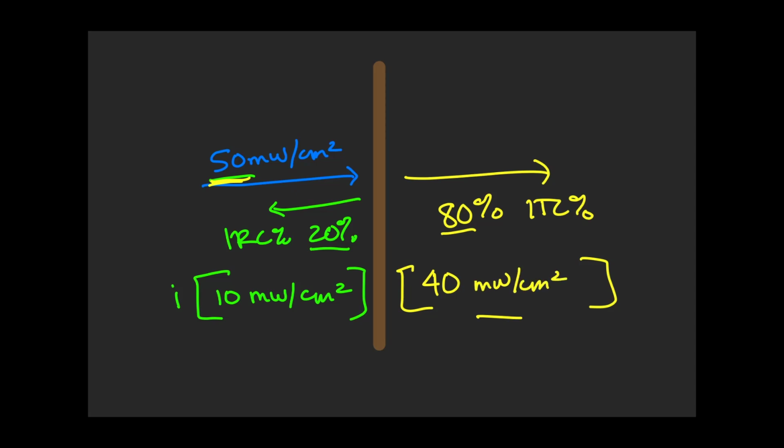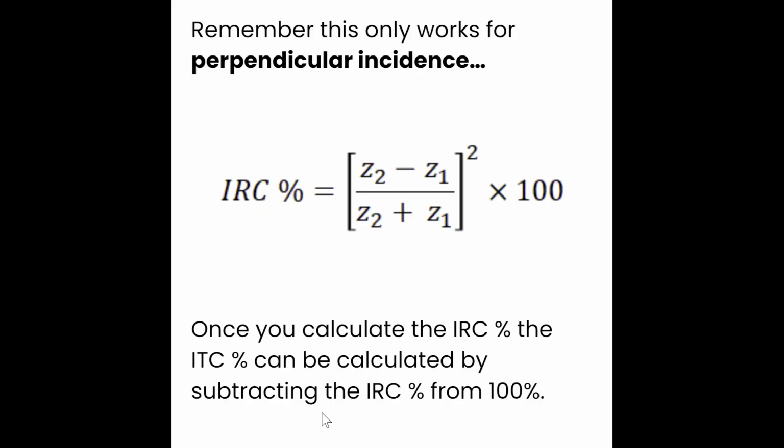This goes to show us that as long as we have two pieces of the variables, we can figure out that third variable. So in this example, we had the intensity of the incident and we had the IRC of the reflection. Because we had those two pieces, we could calculate everything else. So that last example went over how we could calculate IRC and ITC based on being given discrete values of intensities of the waves. But what happens if you're only given the impedances of the media that the sound is traveling through? Well, it gets a little bit more exciting because now we have this formula,